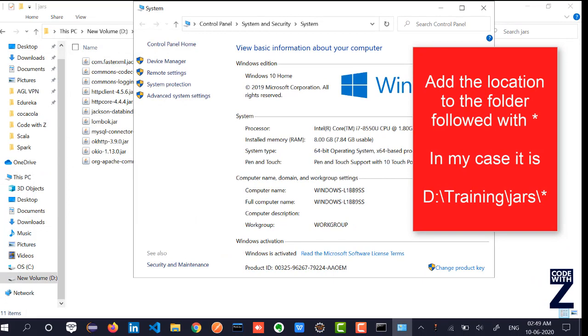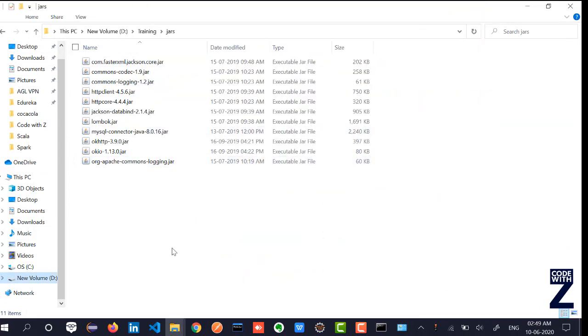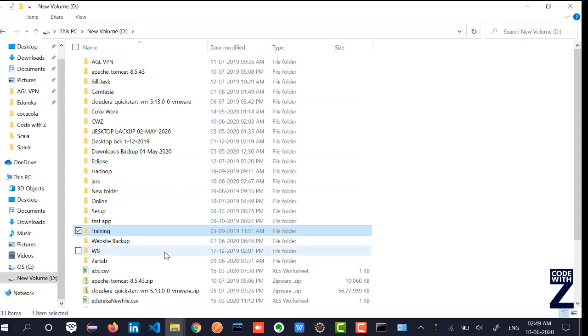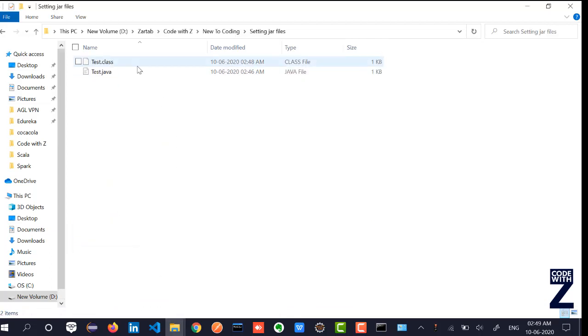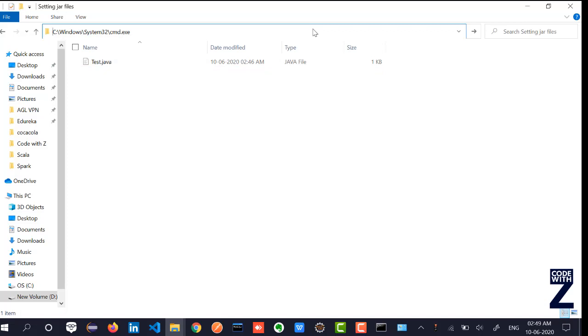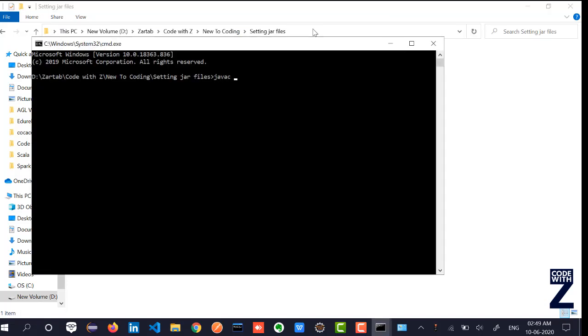Now I'm going to quickly delete this entry, say okay, and okay. Now I'll quickly go to my D drive, and you have seen that I have deleted the entry I had already made. So my program should now start giving the error. I'm going to delete this class file from here, start a new cmd, and say javac test.java, and now you can see the error has happened again.